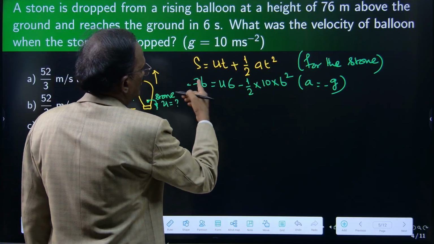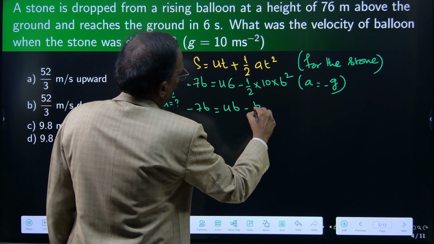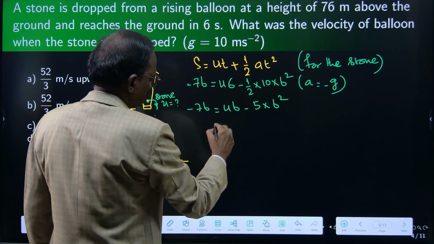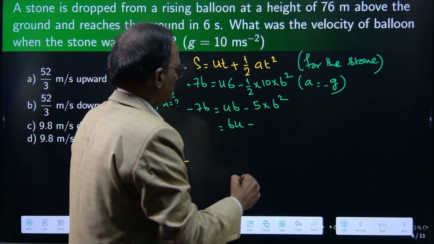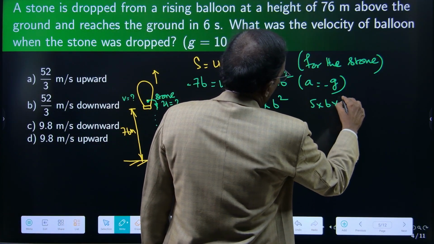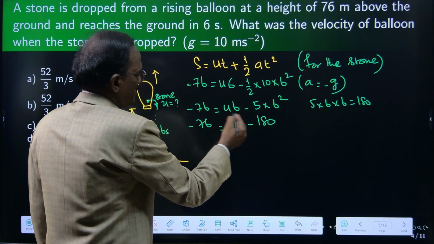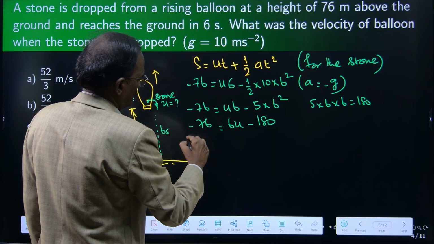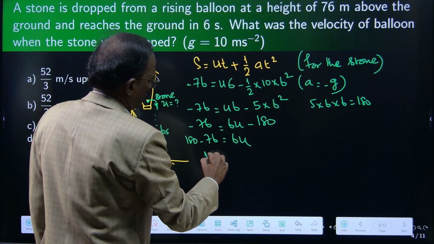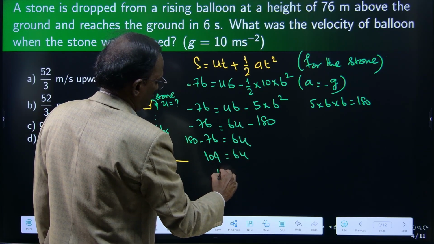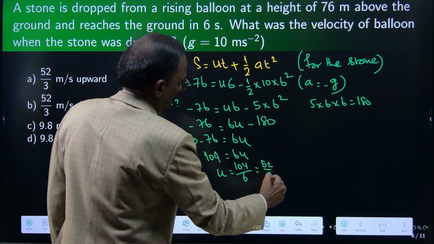So minus 76 is equal to 6U minus 5 into 6 square. This is 6U minus 5 into 6 into 6, which is 180. Minus 180 is taken to the other side, so this is 180 minus 76 is equal to 6U. This is 104 is equal to 6U, and U is equal to 104 divided by 6, that is 52/3 meter